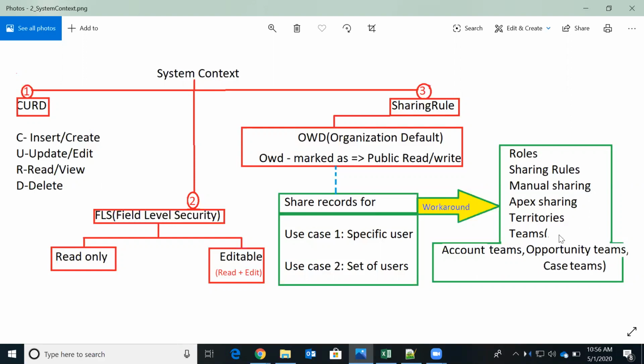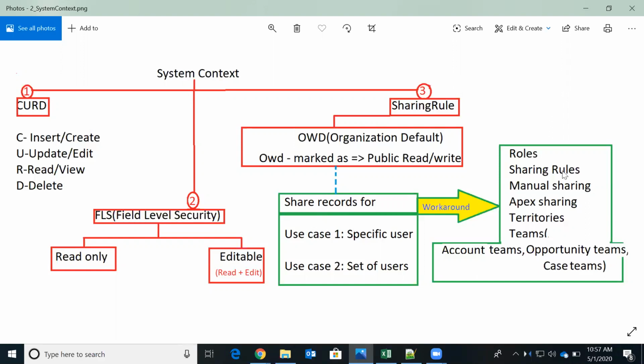Using this we can share the record. So what I'm trying to explain is, if OWD is private and our business has a requirement or use case to share a record, there are two use cases only. One is we might need to share a record to a specific user, or to a set of users.